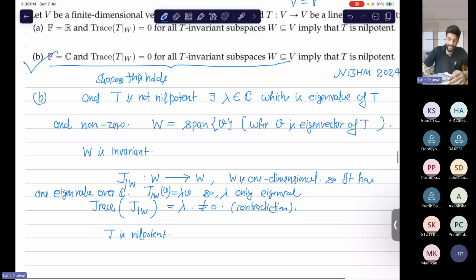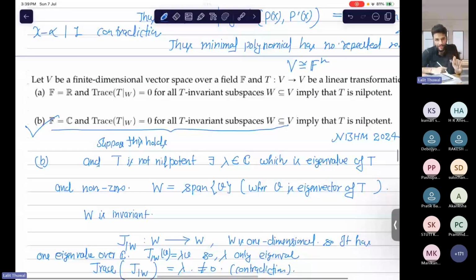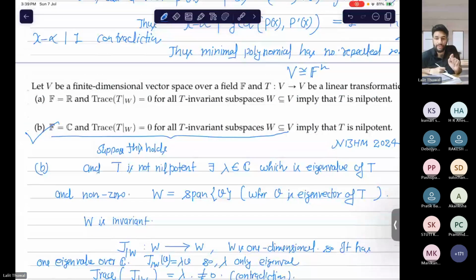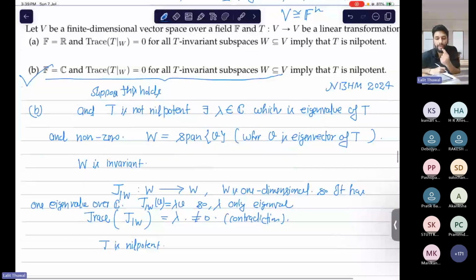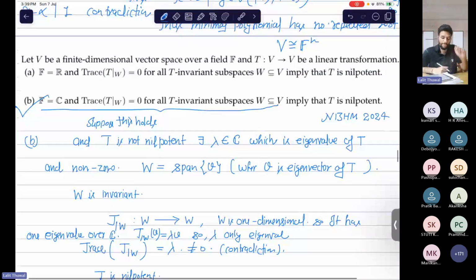Now come to option A, because if you do the same thing, suppose... Any question? Yeah, please ask. Okay, so let me explain option A. If you try to do the same thing for option A,